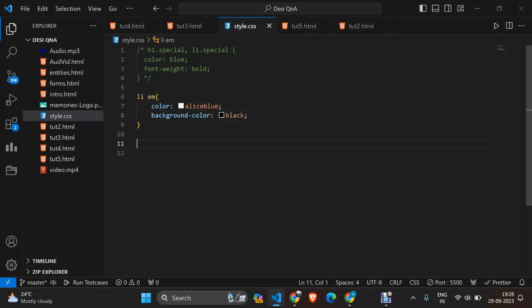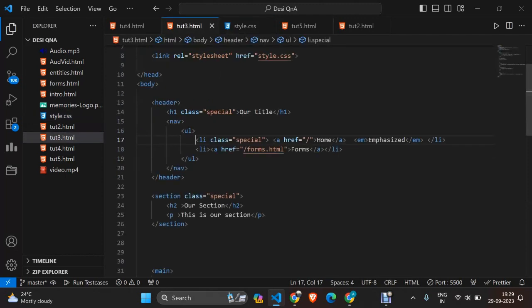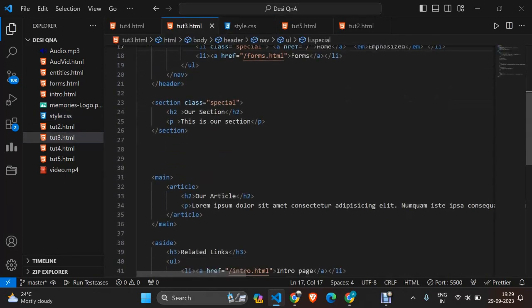And the next thing we learn is adjacent combinator. So adjacent combinator is nothing but you will get the next sibling. Let's say you want to apply styling to the P tag that is next to this H2 tag. You want to apply styling only to the P tag that is next to our H2 tag. So for that, what you will do is